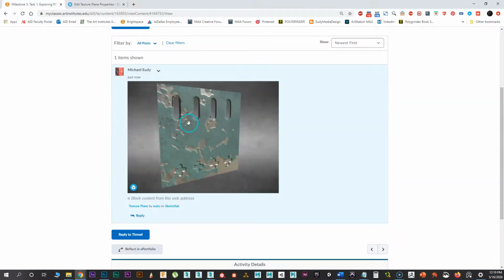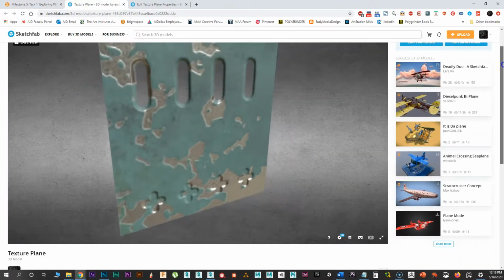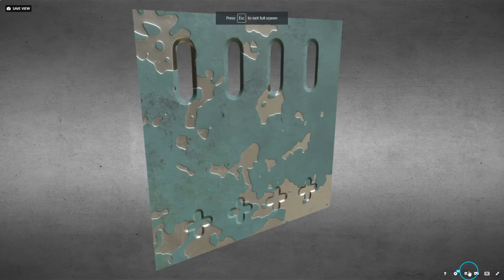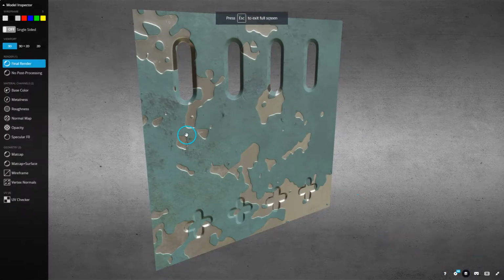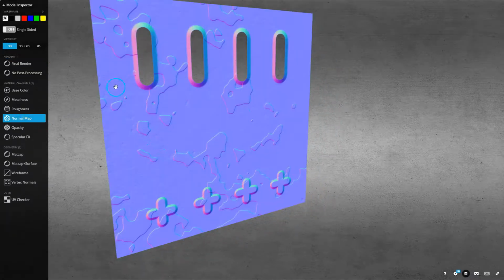So if I go back, I click on take me back over here again. Full screen. Click on my model inspector. Now what it's going to do is when I want to look at the normal map, if I go right up here and I hit 3D, 2D,